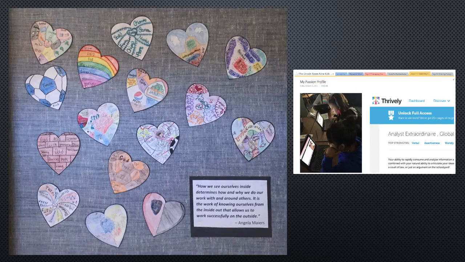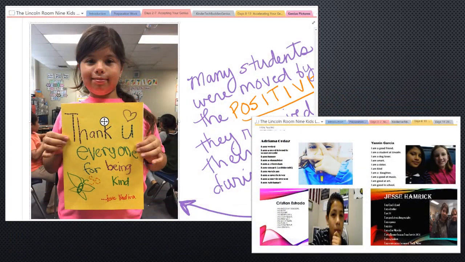So we kind of do a little soul searching before we move on to the next step in accelerating their genius. We play a sort of musical chairs game where students walk silently around the room, and when the music stops, they have to stop at a desk that has a folder, and inside the folder is just a student's name, and inside they have to write something kind. This has been around in classrooms for years, but what happens is students get to hear about how other students think they're genius and what skills and talents they have. And there's so many wonderful positive things that come out of that.